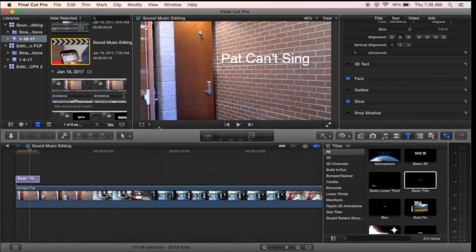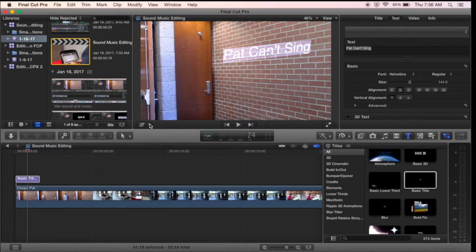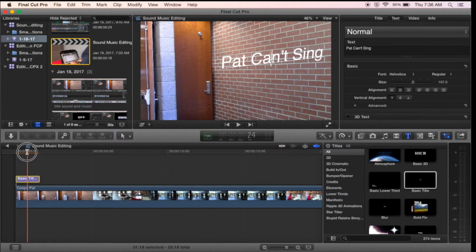Now, to manipulate this, because I have it part of the whole video, I'm going to turn on my distort tool, and I'm going to distort it so it lines up with the lines on the brick. So I still don't like the way it looks, so I'm going to go back into my text and turn off my distort tool. And then I'm going to probably make it a little bigger and see if I can really work on making sure it shows up on that brick. So there we go. So then this is part of the video in the environment,